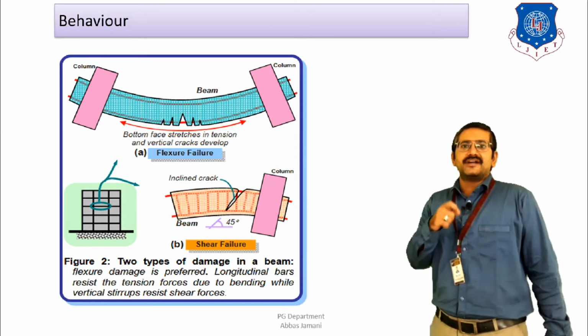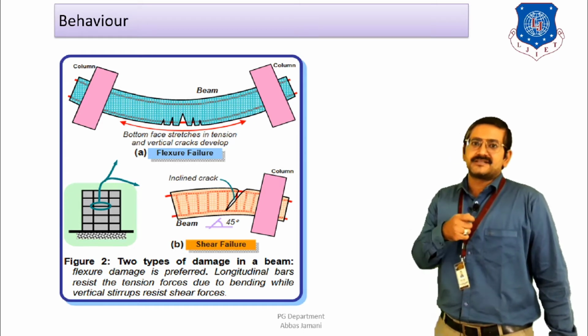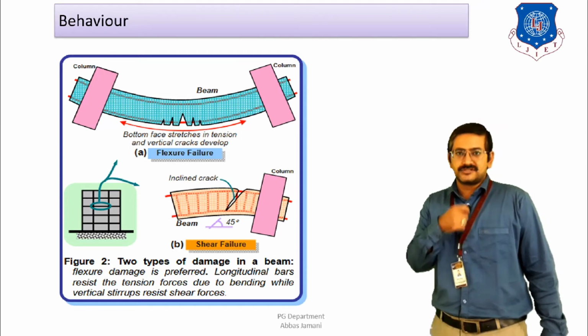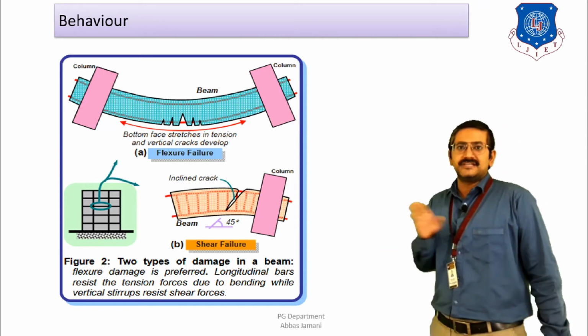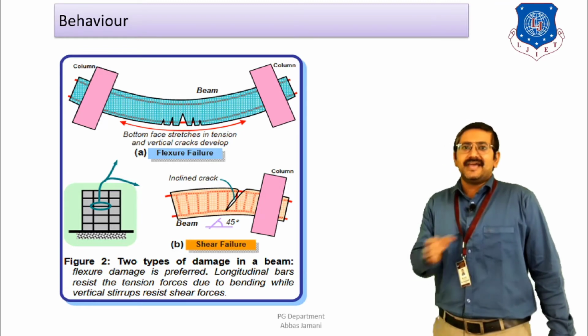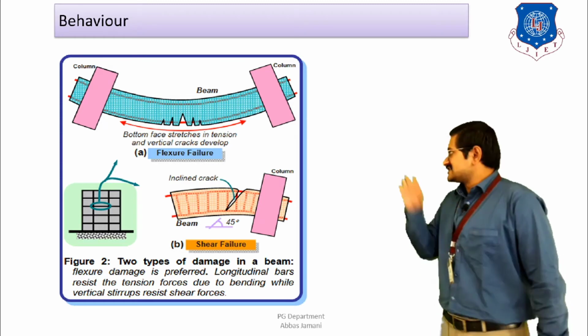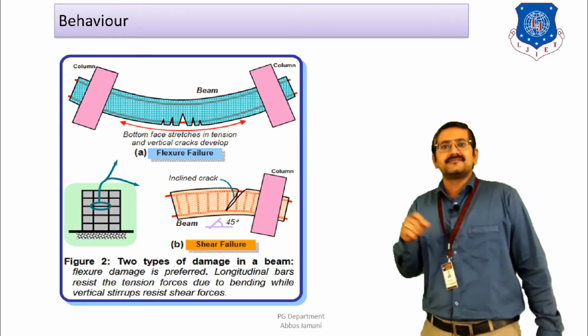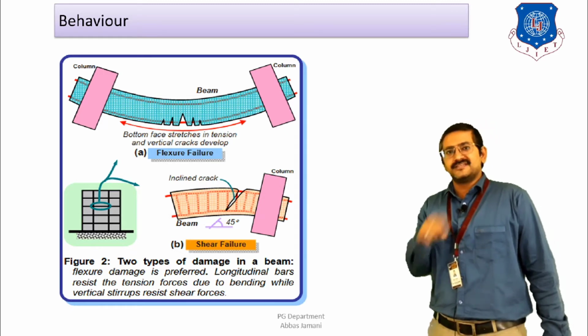If you want to avoid this kind of shear failure in the beam, then we provide the transverse reinforcement, which is also known as the closed loops or the stirrups. These stirrups have to be placed closely near the support section, and at a larger distance in the midspan section. Why? Because if I draw the shear diagram, then the shear requirement is going to be more near the supports as compared to the center of the span.